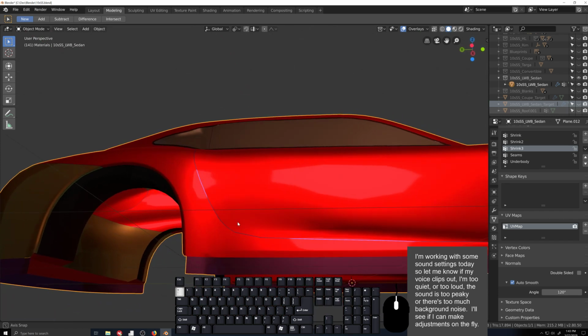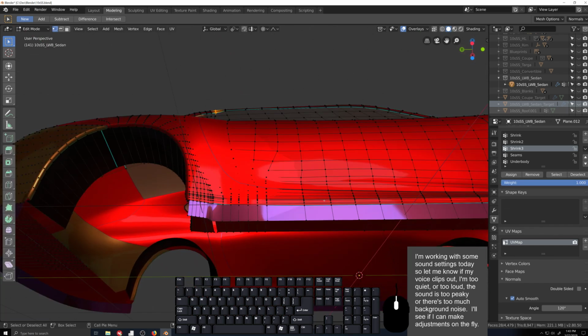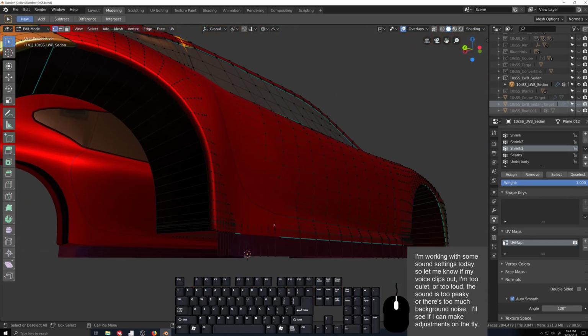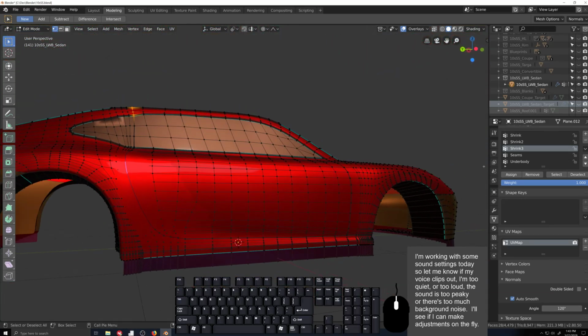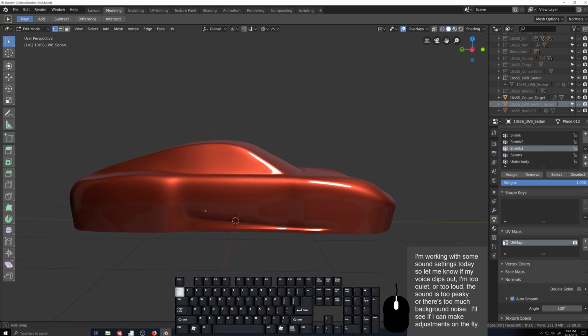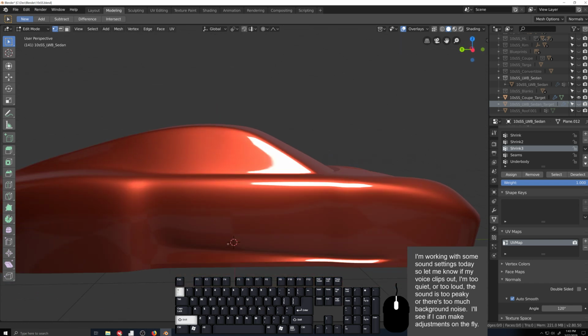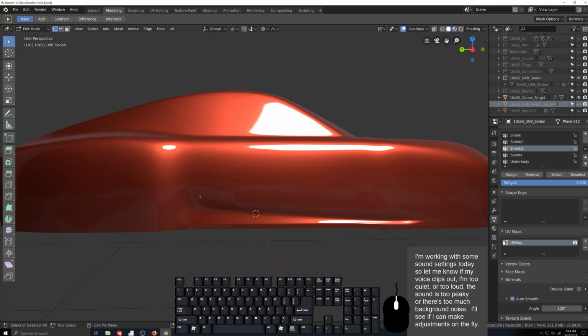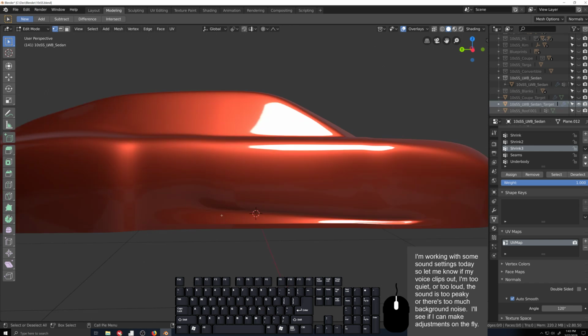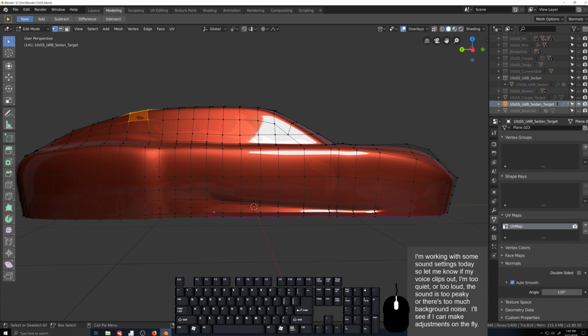Let's take a look at the door scene. I've lost my thing here a little bit, and I probably need to fix that up in the target mesh. No, I did bring that back, didn't I? So I brought this back in the target mesh. So where am I looking at? Oh wait, I'm in the wrong one. Wrong target mesh. I didn't bring it back. So yeah, that's why I have that issue. So let's